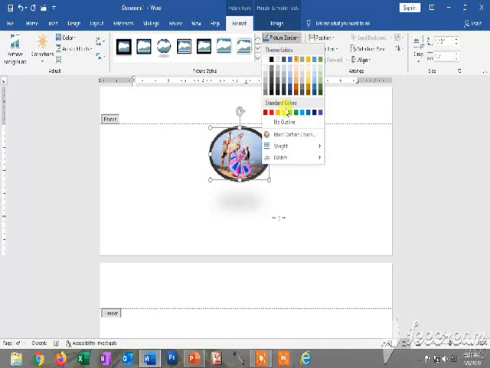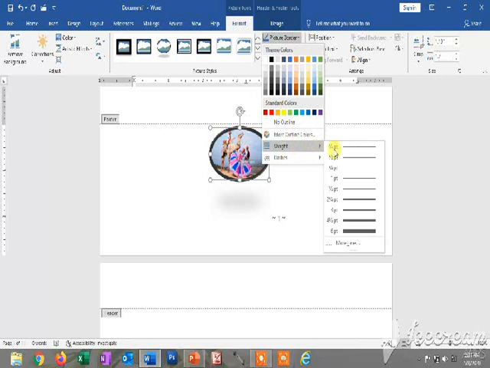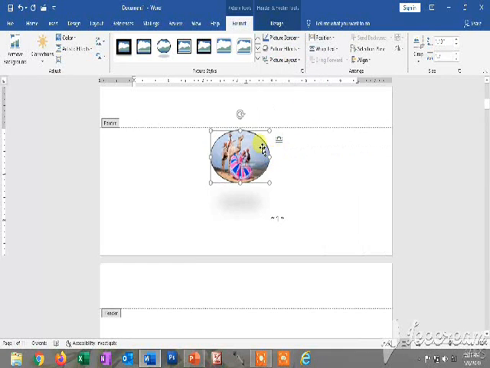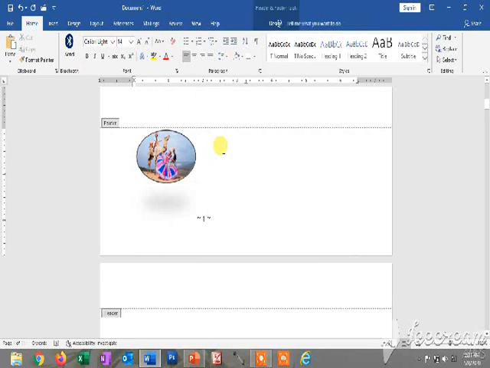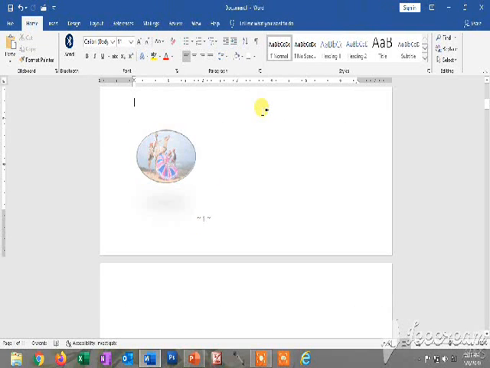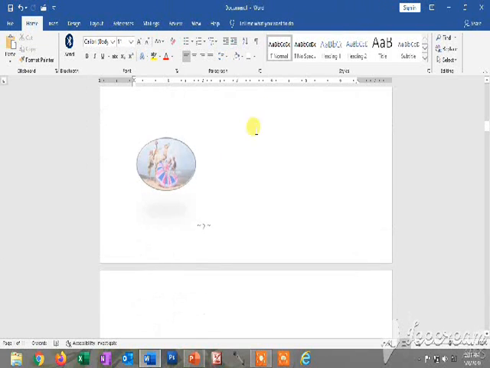Yeah, picture border in case you want to remove. So now you can align the picture. Now look, this is the footer part, this displays in each and every page.